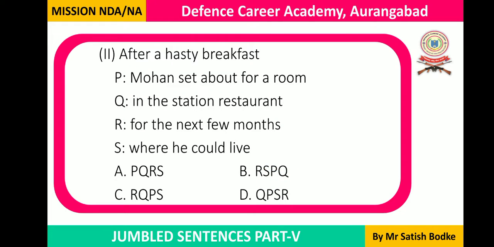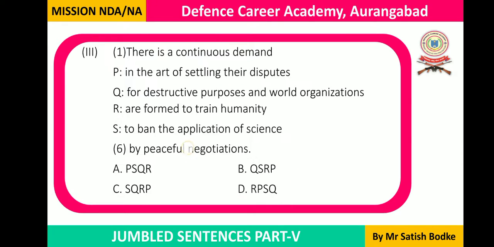Okay, this is all about question number 2. Now let's go to question number 3. Now we'll go a bit faster. There is a continuous demand. Okay, there is the subject, is the verb, a continuous demand is the complement, because with the form of be we don't have an object. Is is a form of be, and obviously a continuous demand, this noun phrase, is a complement. Okay, there is a continuous demand